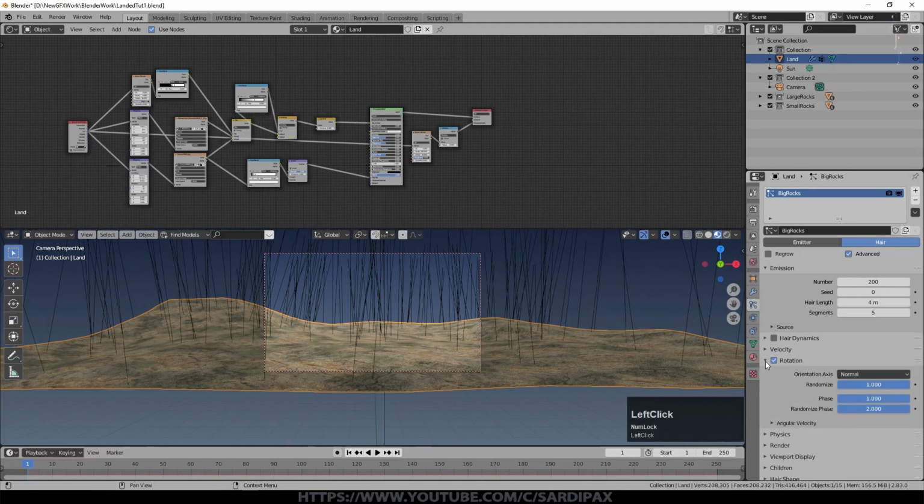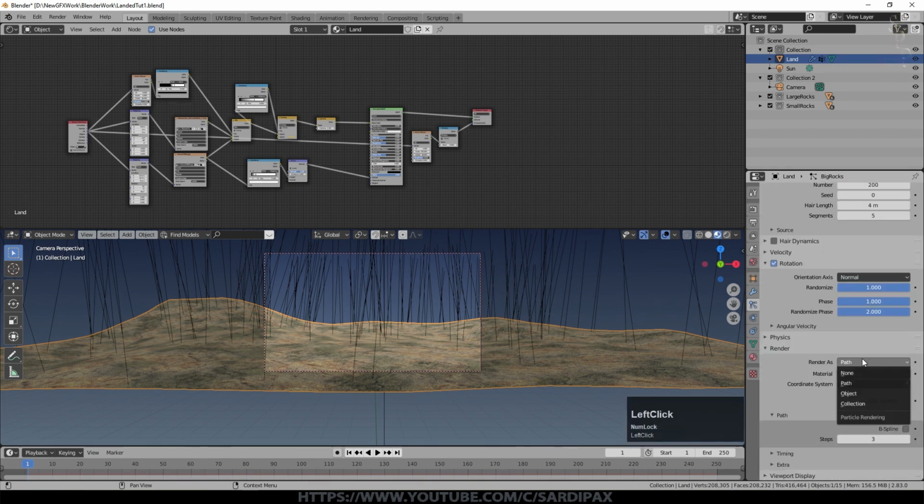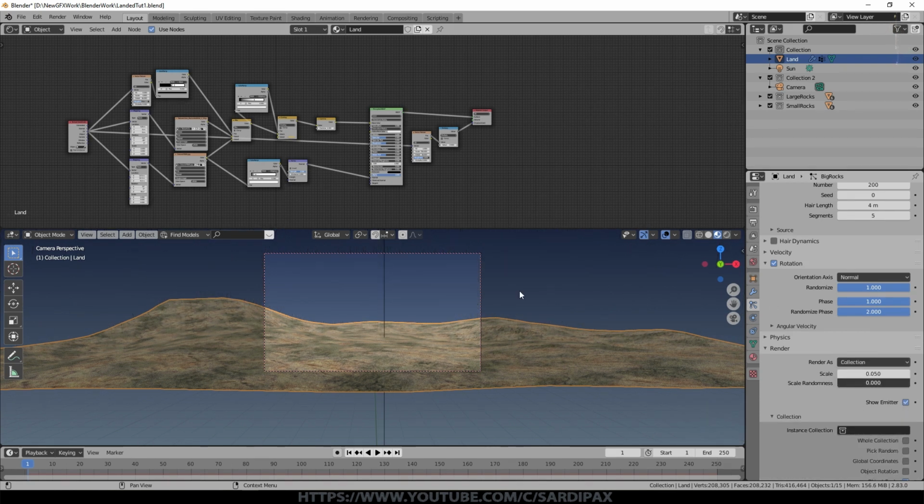A lot of particle systems, when you're trying to create naturalistic systems, are all about how you can get various kinds of randomness in there, but with a certain amount of control around it as well. Next, under Render, we need to change that to Collection. Now I'm going to set the default values I used, but the actual values we'll end up with will depend on the overall scale of the scene, and I haven't been very precise in setting that, so we'll see how it goes. But I had a scale of 6 for my rocks, and a scale randomness of about 0.8.